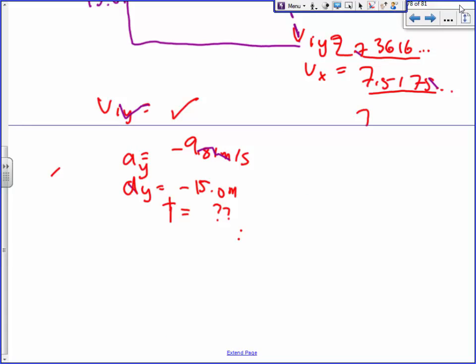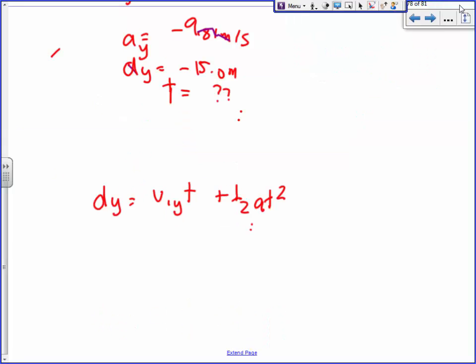It stinks again though, because you're back to using the quadratic formula. Glad I taught you that and beat that into your heads over the last while. Okay, so let me see if I can write it out here nicely for you. It'll be d in the y direction equals vi in the y direction t plus 1/2 at squared. Negative 15 is going to equal